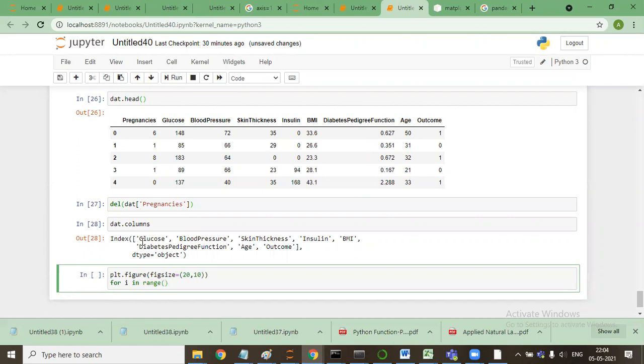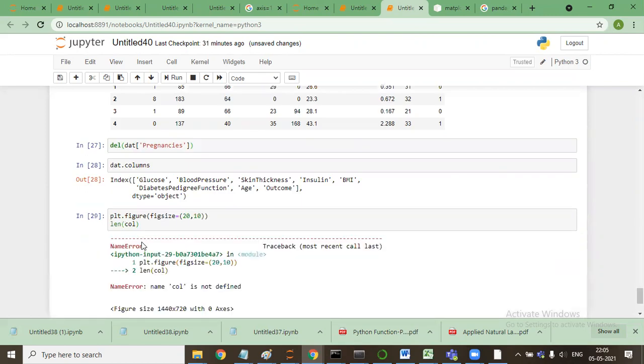Okay, before this, I'll say len of cols, len of data dot set.